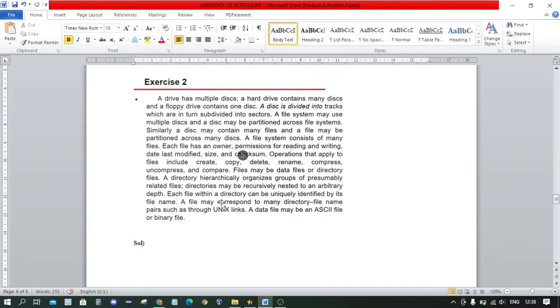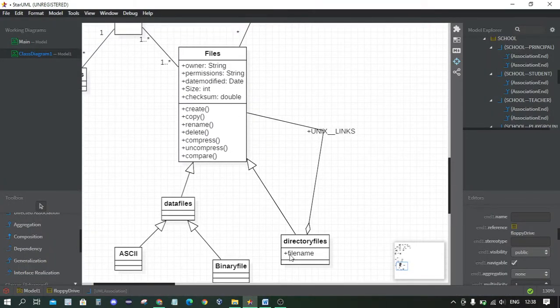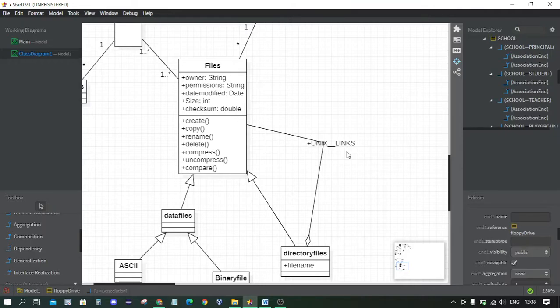Then a file may correspond to many directory file name pairs, such as through Unix links. So a file may correspond to many directory files. That's why I used the aggregation relationship here through the Unix links. In the class diagram there are some relationships, like association, dependency, aggregation, and so on.